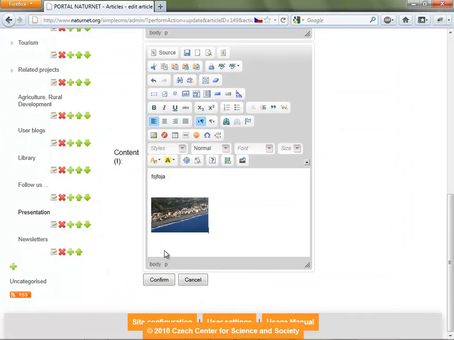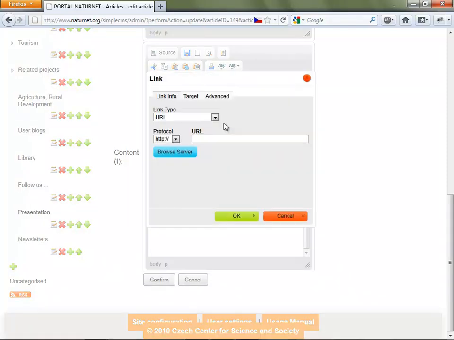Sometimes it can be interesting also to insert some URL or link to another pages. This can be done by this icon. Now you will see window where you only put